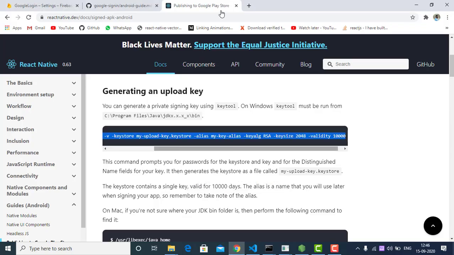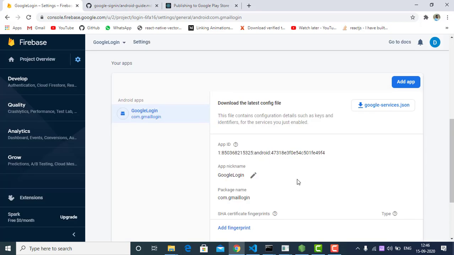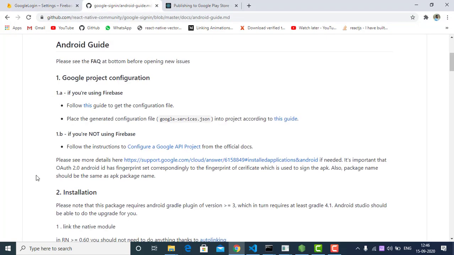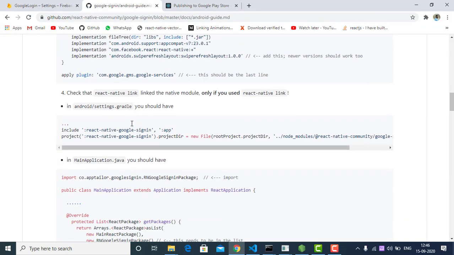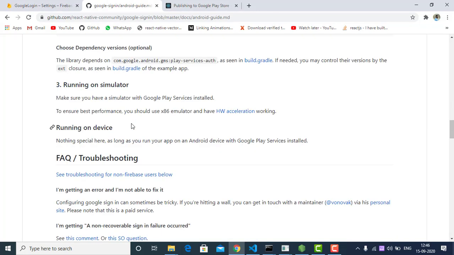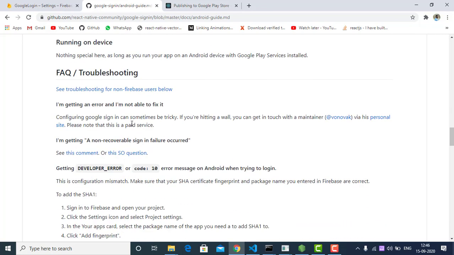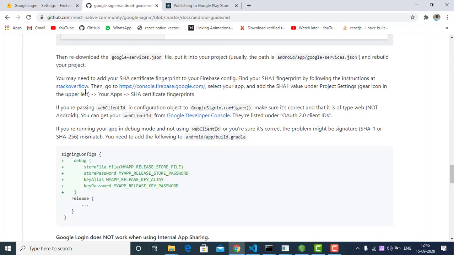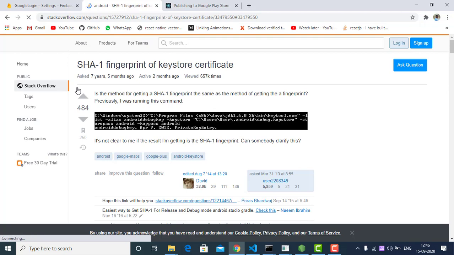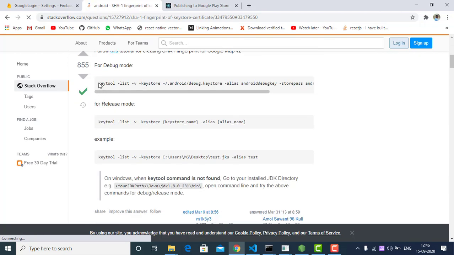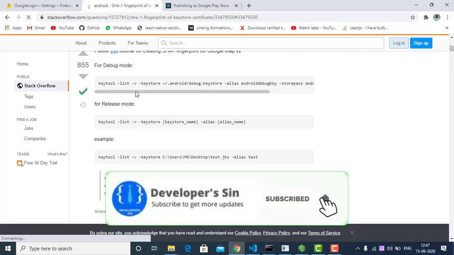Now we need an SHA. For that we are going to see here, we will find a Stack Overflow link here for your SHA. And we will find a command to know our SHA.